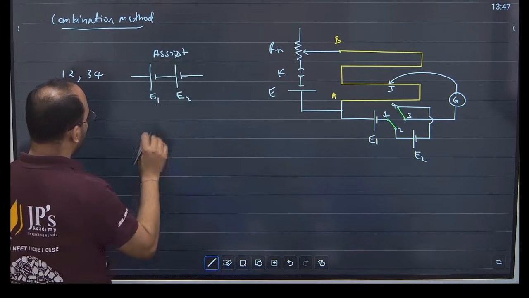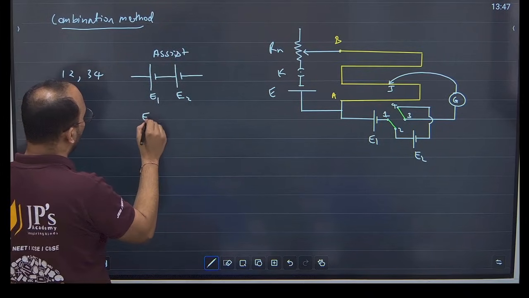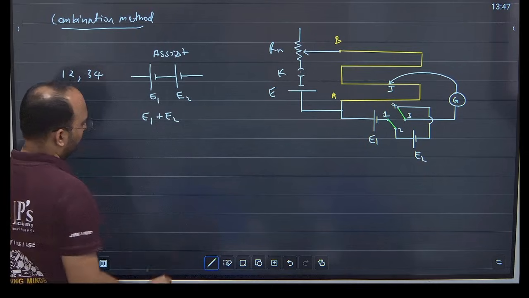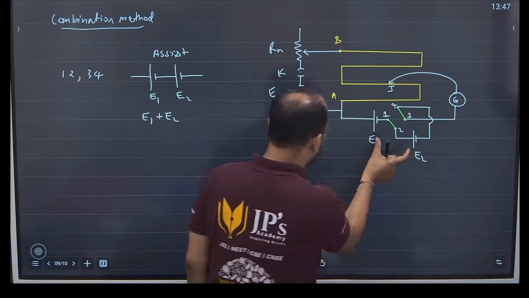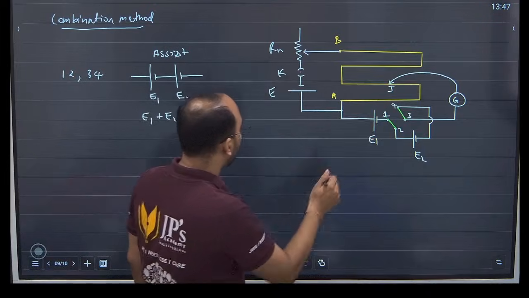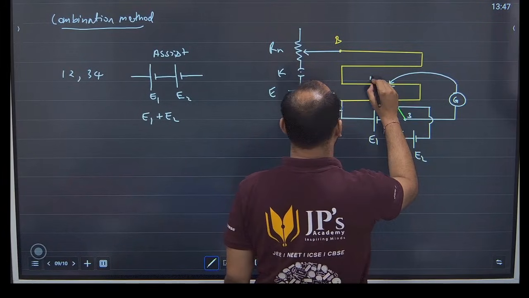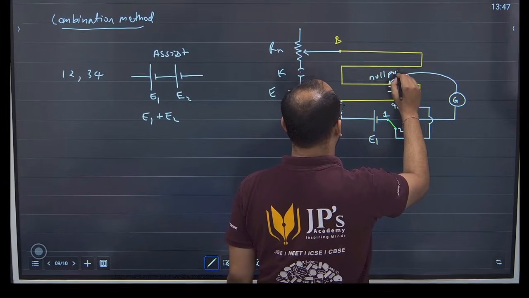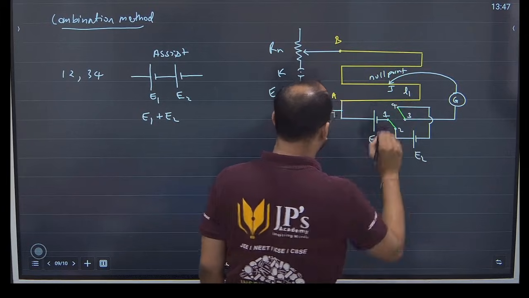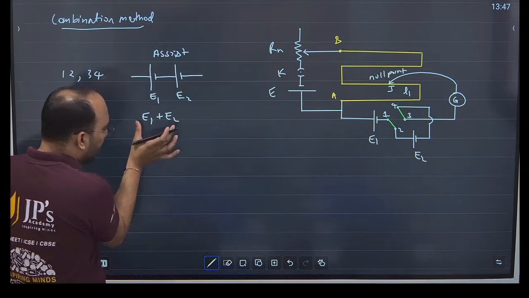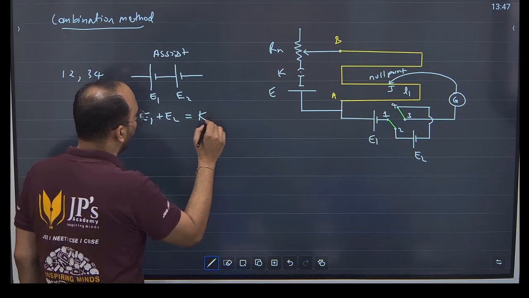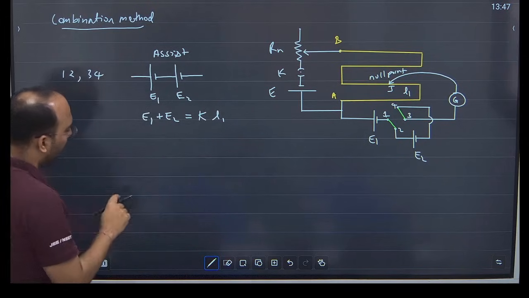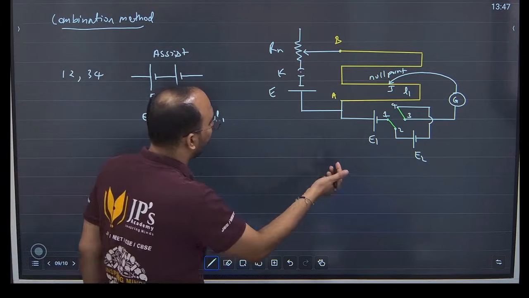Okay, and in this scenario both the batteries' EMF is added. So the net EMF applied here, which we are balancing, the effective value is E1 plus E2, and then you tap the jockey until you find a null point. We have to find the null point. Let's say the null point is obtained at length L1, so you can say the voltage is equal to K L1. Just as we connected a single battery there, here we connected two batteries together, so E1 plus E2